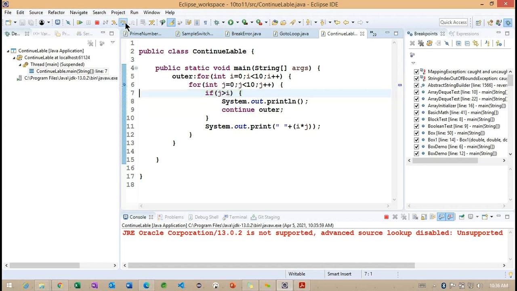This particular condition will not be satisfied. Now we can see what we are doing here. The j value is going to increase here. Whenever the j value is increasing, the condition is going to be satisfied. We are printing the next line and we are moving into the outer loop.